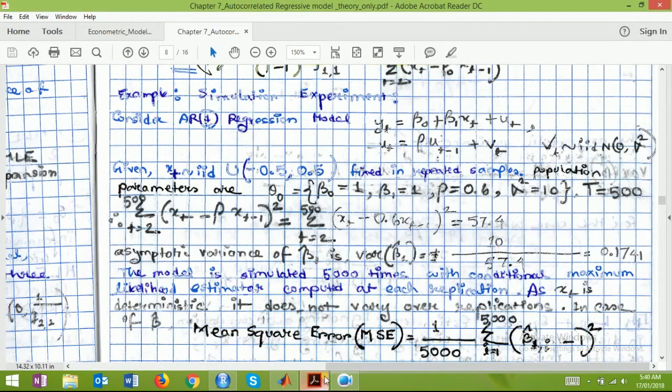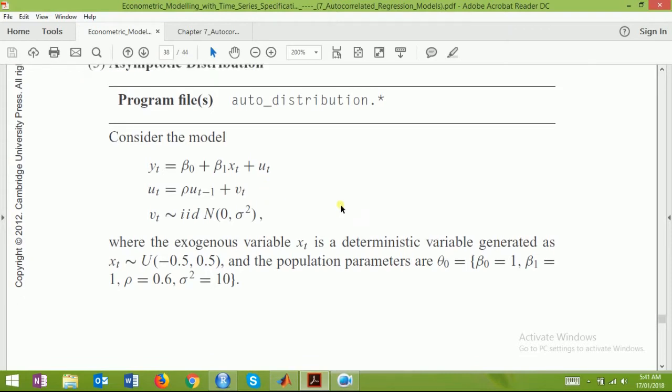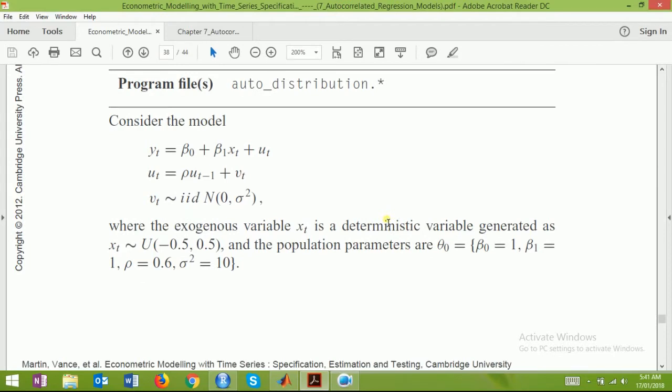Now let us talk about the third problem. The third problem is asymptotic distribution. We're going to consider this model where y equals beta naught plus beta 1 xt plus ut, and obviously ut is autocorrelated, the residual is autocorrelated, hence vt on the other hand is iid, so ut is equal to rho ut minus 1 plus vt, where vt is iid with normal 0 mean sigma square variance. Here the exogenous variable xt is a deterministic variable generated as x with uniform distribution minus 0.5 to 5, and